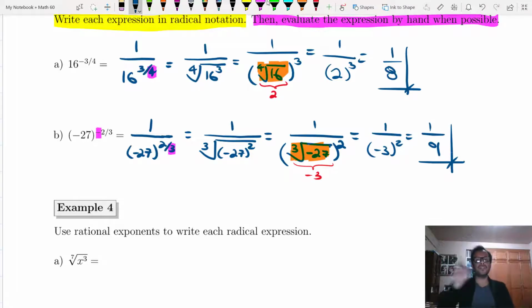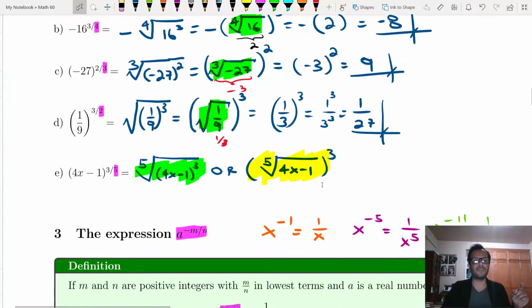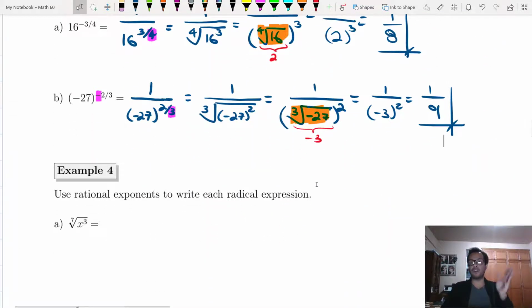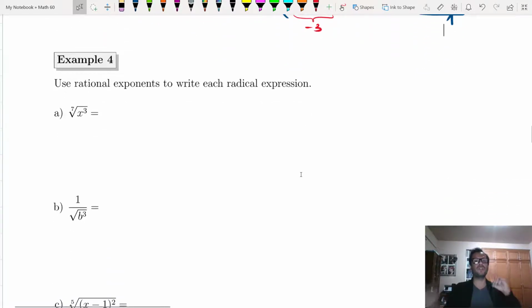Now we're going to do the opposite. So far, for examples 3 and the previous page, which is 2, we were going from rational exponent notation and turning it into radical, and whenever possible, simplifying. Otherwise, just leave it like this. And this is what we're going to do in example 4. We're going to go backwards, and now we're given radical notation, and in this case we are going to write it using